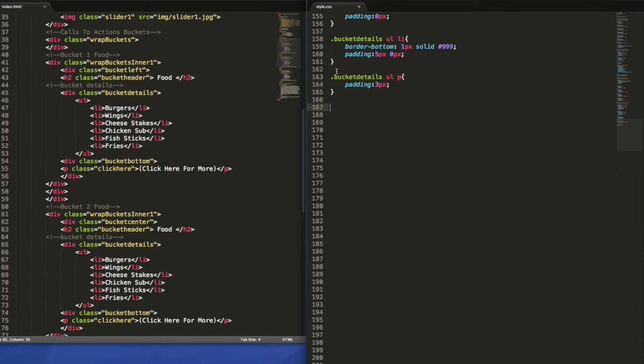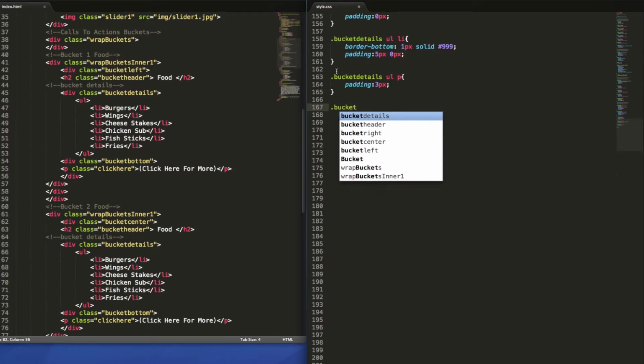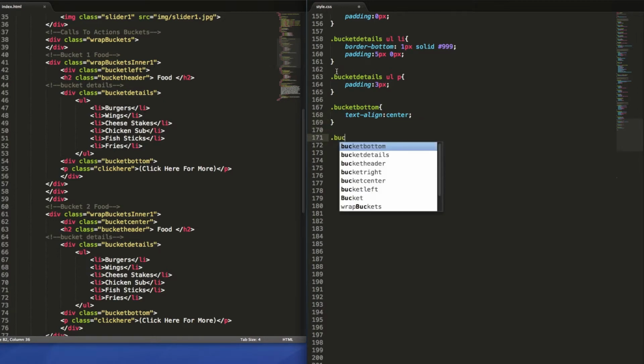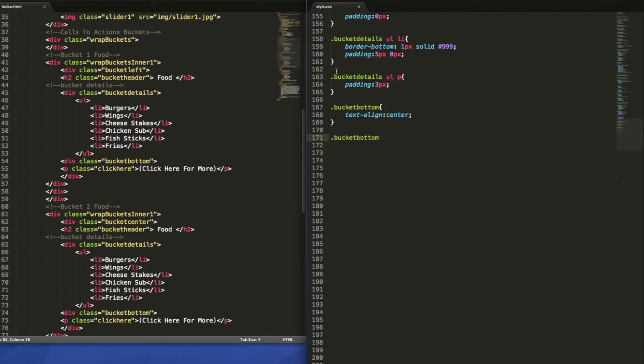Next, after we're done doing that, we'll do bucket bottom, and actually, yeah, it is bucket bottom. So bucket bottom, and now we're gonna add the bottom to this bucket. Bucket bottom is gonna be text align center. That's gonna be our bucket bottom, and then we'll do another, bucket bottom p